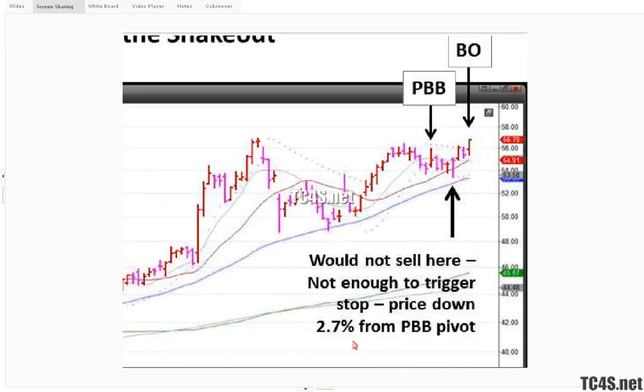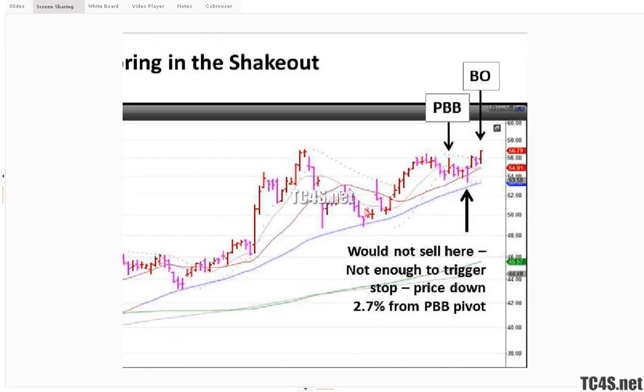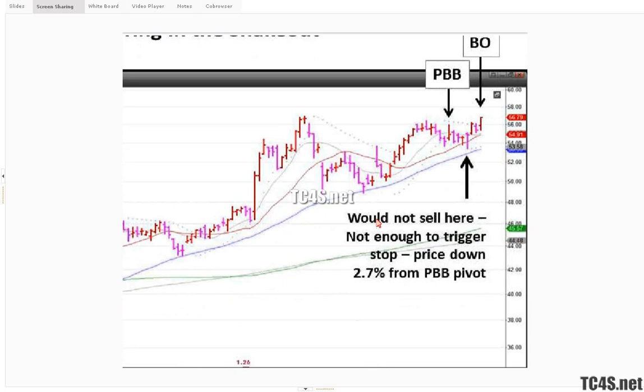Well, I'm usually willing to risk anywhere between 2 and as much as 8 and even 10% sometimes, but very seldom. Usually it's between 2 and 8%. So with a 2.7% pullback, I generally will stick with the stock if it's just pulling back lightly like this and I have a pullback buy and it's still intact. Now, of course, if there was some heavy volume, some violations, which is another subject, but if there's